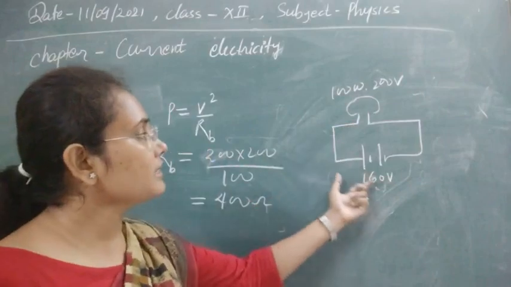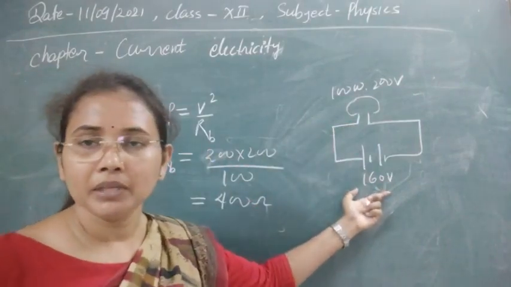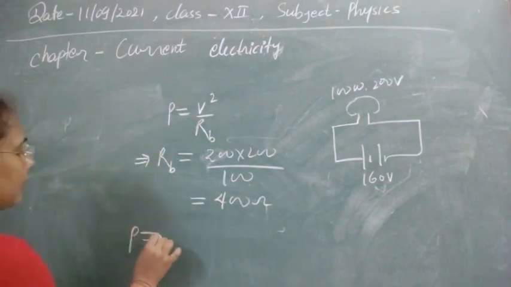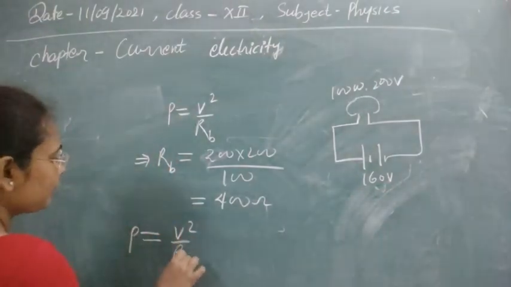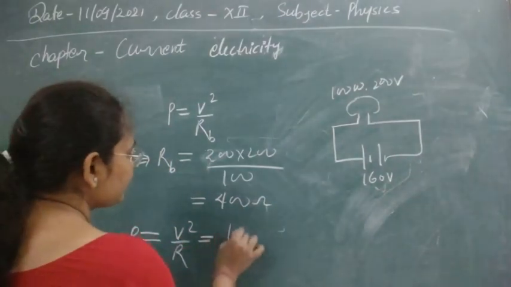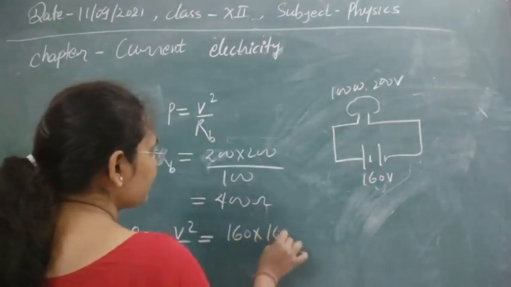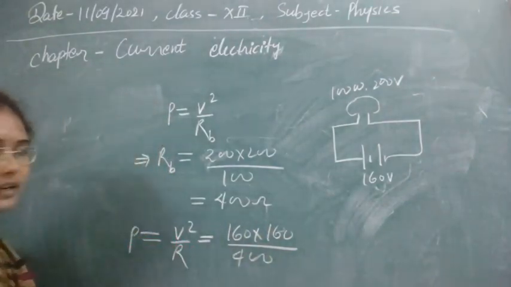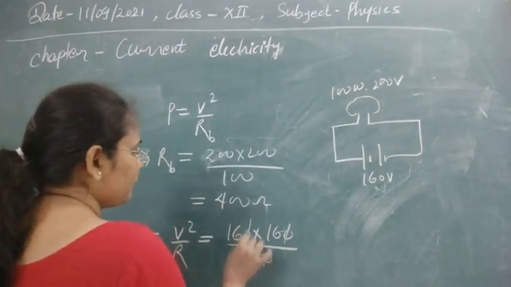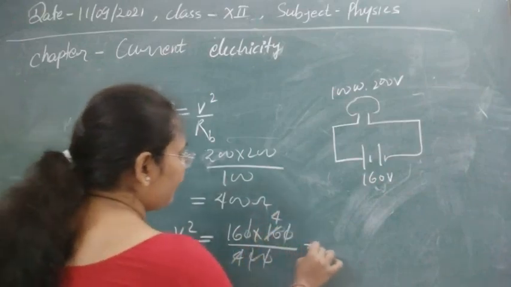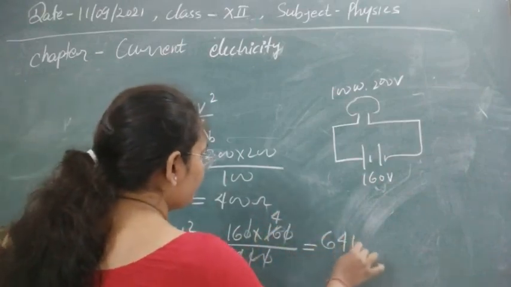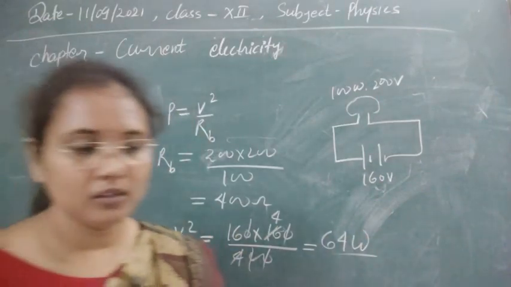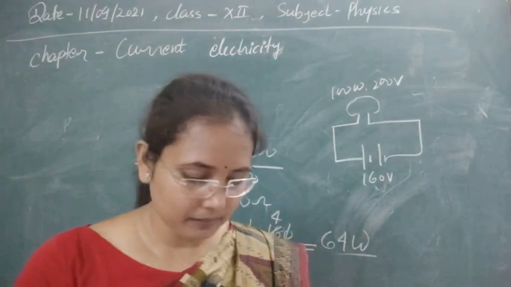Now as this resistance is connected with this power supply, you know that the power consumption is again given by V square by R. In this case, V is given for the circuit as 160, and R we have just written, that is now 400. So these two zeros you can cut from here. So finally we have obtained 64 watt power that is consumed by the bulb in our circuit. So this question is, I think, now clear.